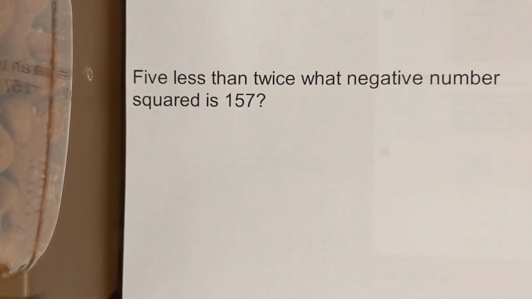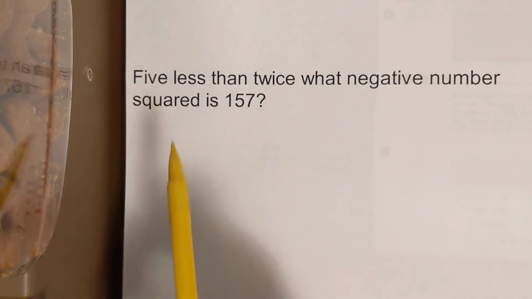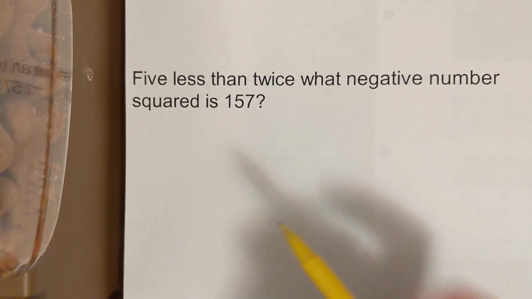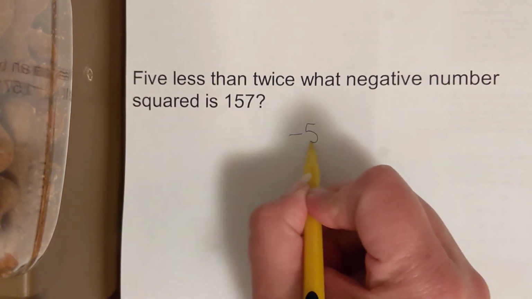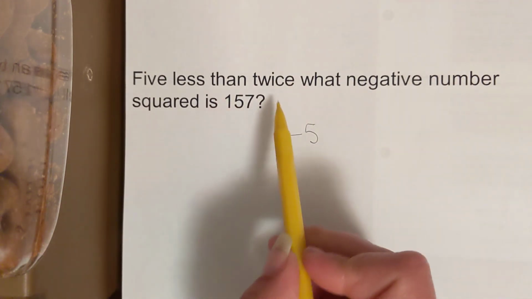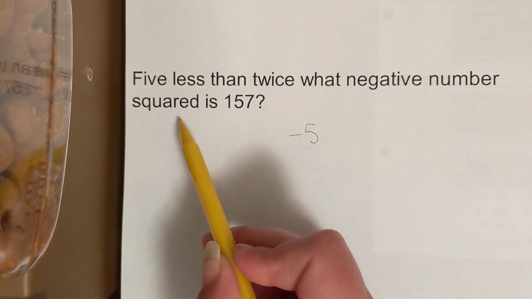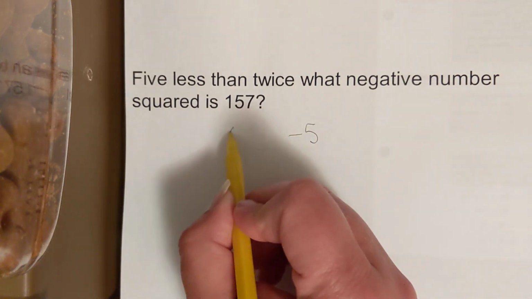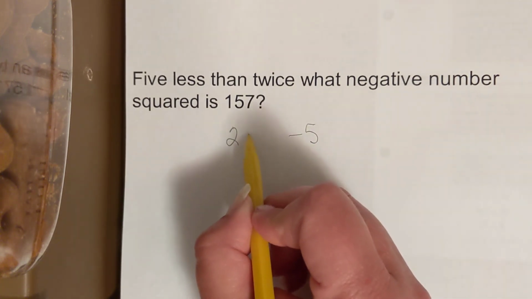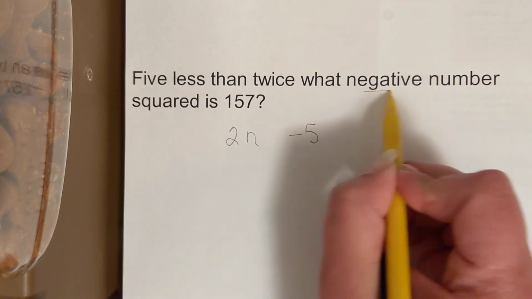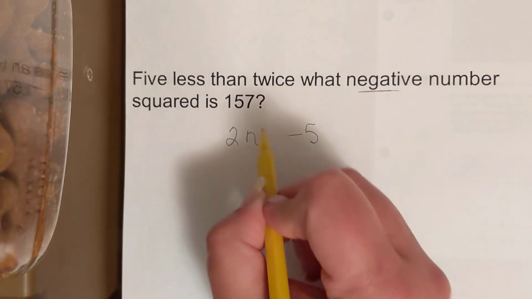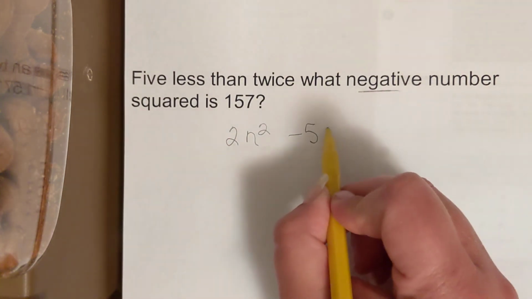And finally, 5 less than twice what negative number squared is 157? So let's take this statement and put it into an equation. So 5 less than, that means I had something and I subtracted 5. 5 less than what? Twice what negative number squared? So twice means 2 times. Okay, I have a number and I know when I go back it has to be a negative number squared is